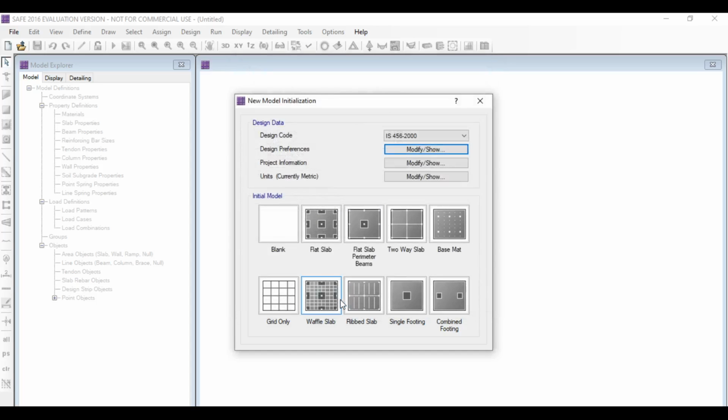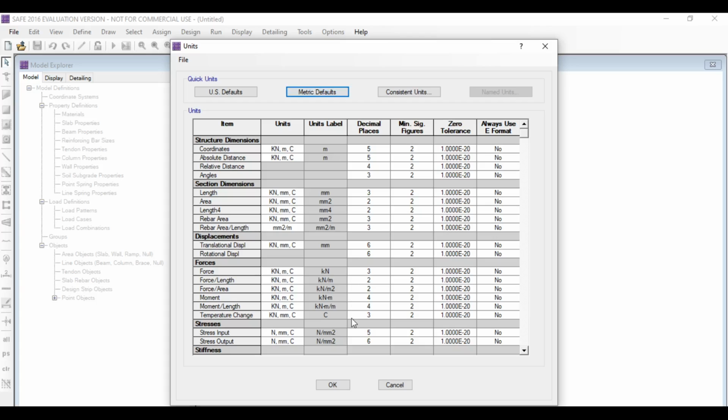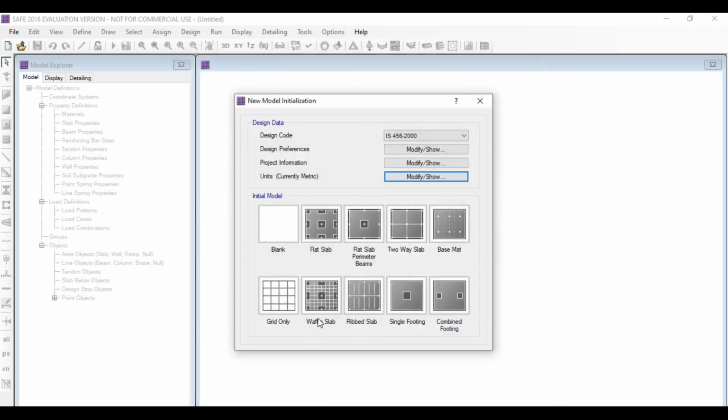Click on OK. Now the unit is currently metric, so again go to Modify, click on metric default, click on OK, and initial model as single footing, that is, for an isolated footing we use single footing.